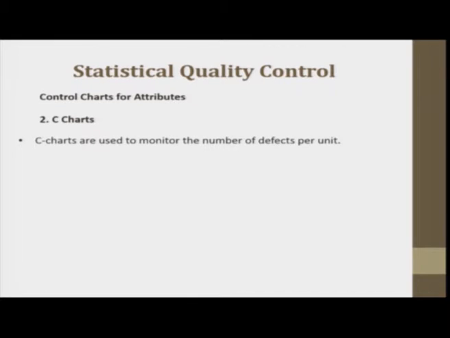So the C charts, the average number of defects is denoted by C bar. C bar is average number of defects. And the upper control limit and lower control limit are equal to C bar plus Z into under root of C bar, that's all. C bar minus Z into under root of C bar. I'll pick these values as 3 and 3 here.